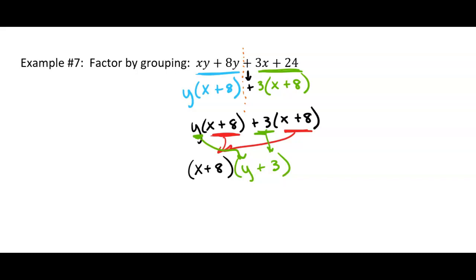Okay. Now, you don't have to take the x plus 8 out in the front. You could also write this as y plus 3 times x plus 8. And it doesn't matter. Multiplication is commutative, so it doesn't matter which one you write first. And when I correct them by hand, and when WebAssign corrects them, they know as well. So you don't have to put the answer twice. Either one's fine.